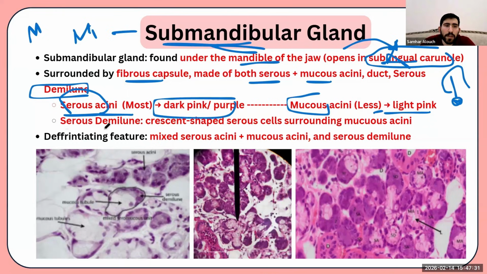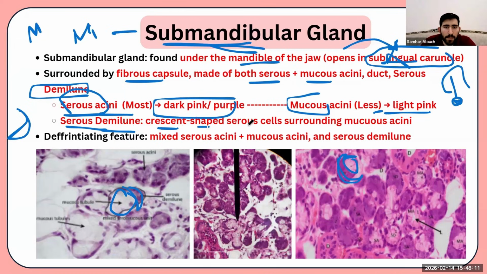Now we also have something called serous demilune. Lune means الهلال, okay? You know الهلال, that's lune. So serous demilune is a serous acini that looks like a crescent and it surrounds the mucus acini. As you can see here, we have a mucus acini and it's surrounded by a lunar structure, which is the serous demilunes. So once you see mucus acini surrounded by lunar shaped dark pink or purple, that's serous